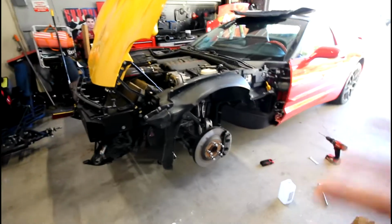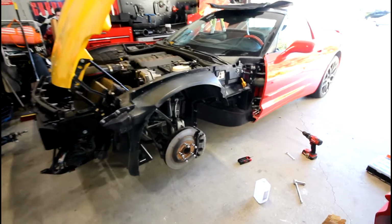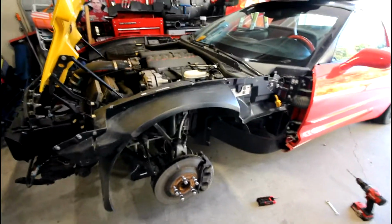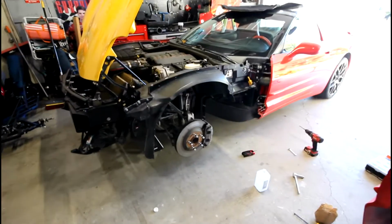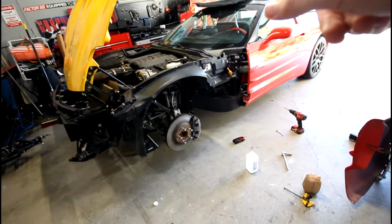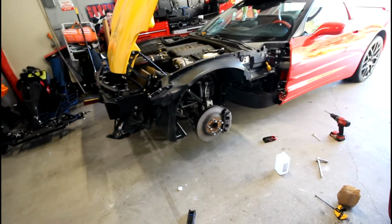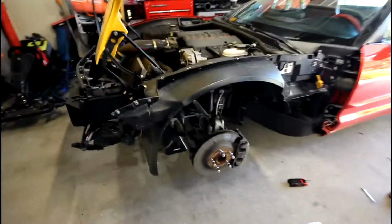And then what you're going to want to do, this is the tedious and not fun part, is take your outer fender and try and mock it up and see how close you can get it. And that was a little frustrating for me. It took a long time to try and get it right. But once you do get it right, that's the critical moment. So once I was like 99% sure that I had this set in the right location using this front headlight bracket, the firewall bracket and everything, and then tested it with the outer fender, obviously, what I did actually was